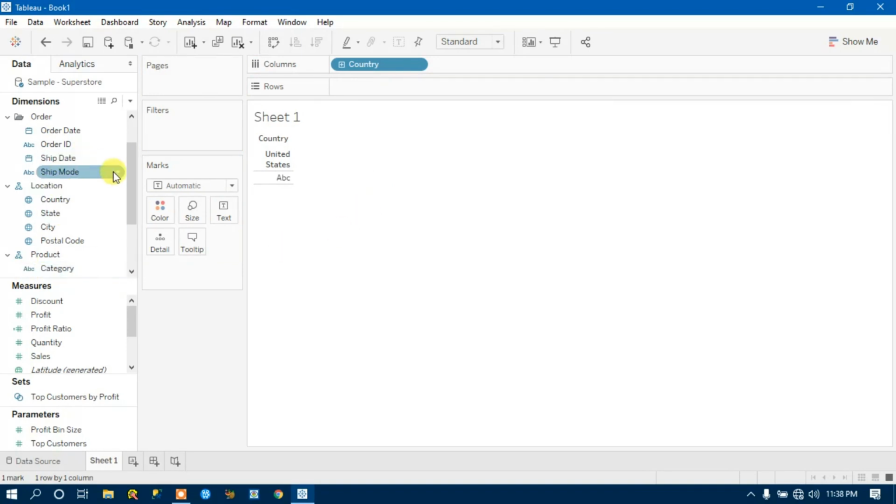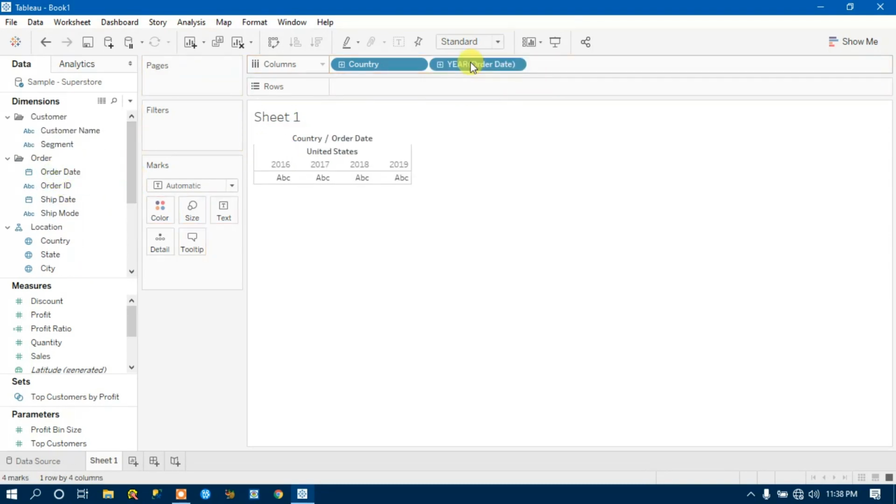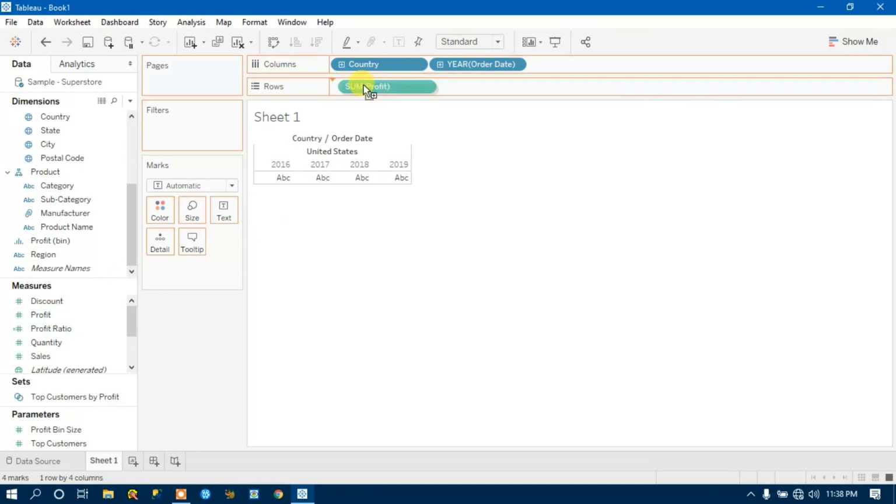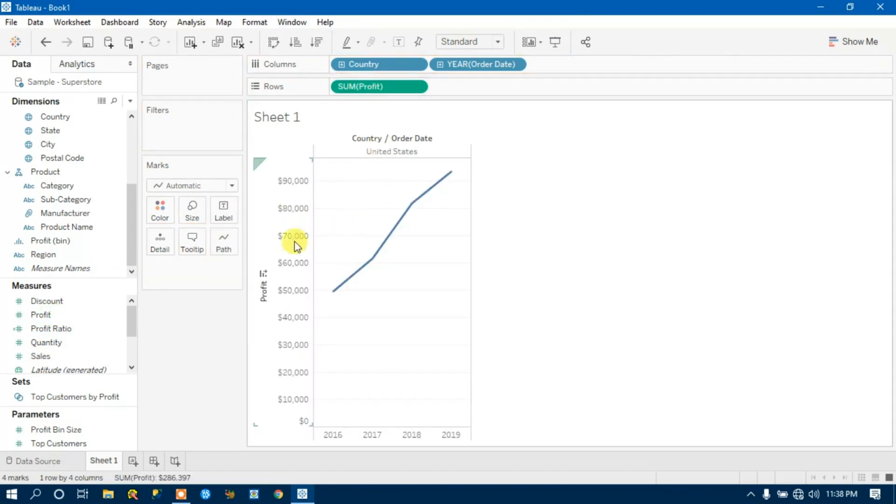And if I pick order date on it and leave it here, it will pick the year, every year, right? And let me pick one measure. Let's say if I pick the measure profit and drag it here, it shows me the trend, right? It shows me the trend year wise.